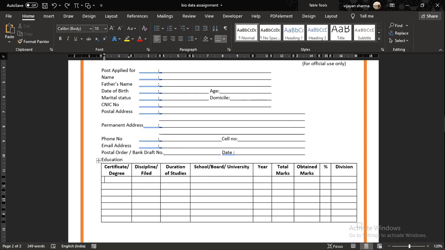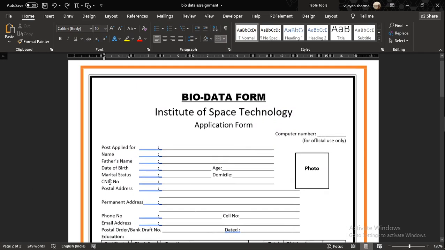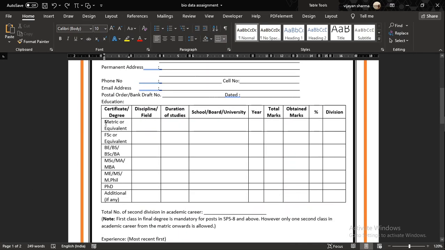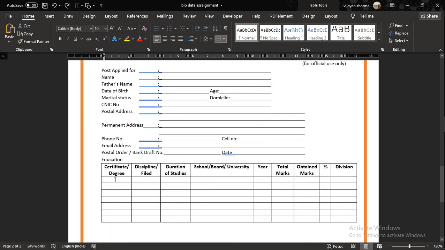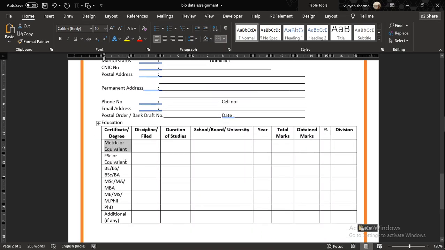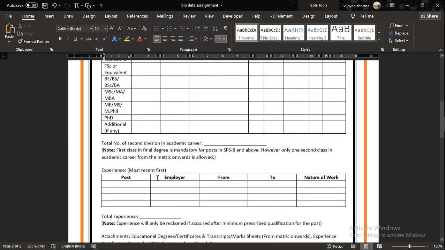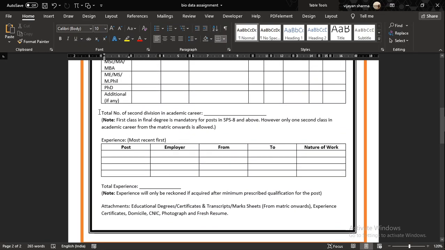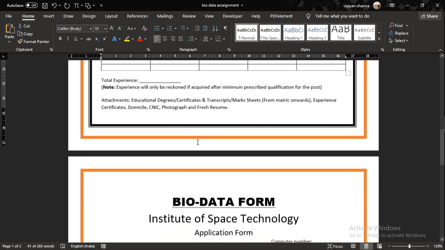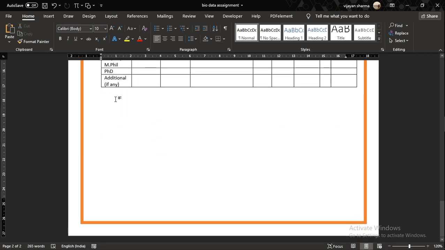So the first things, these things can be typed as it is given. You can type it. I'm just copying it to make it quickly. After the typing, it is easy. This typing is easy. You can do it. And after this, I don't think there will be any trouble, because after this it is simple typing. All these things can be typed simply. So I'm just copying it and putting it over here.